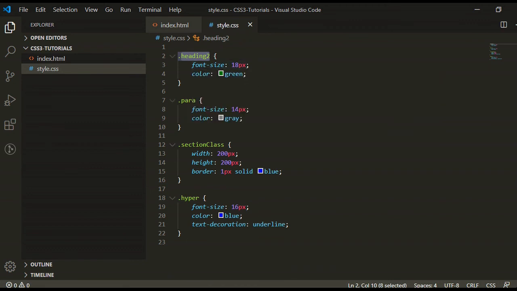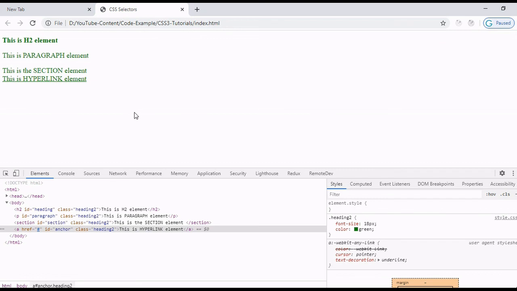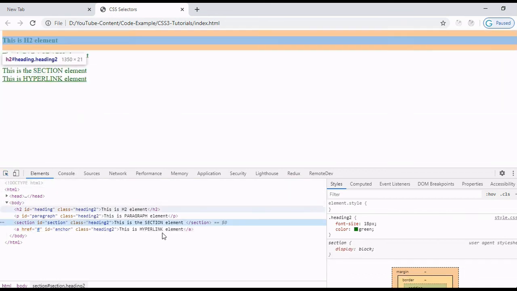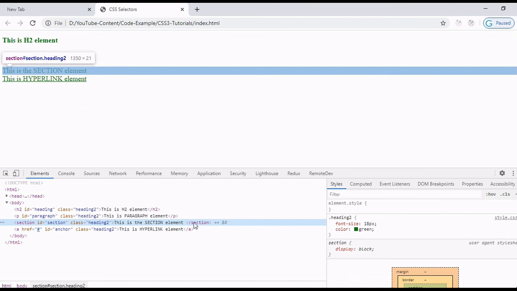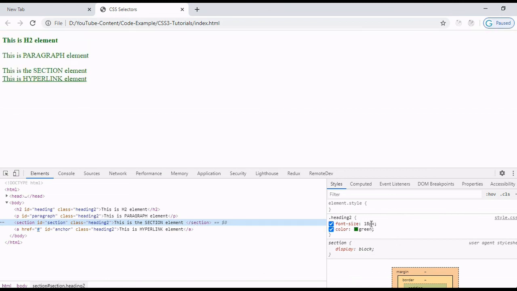So let's see in the browser what impact it has had. Refresh the page, and here you can see our H2, paragraph, section and hyperlink, all the elements containing the same CSS properties, because all elements have the same class name with the same properties.